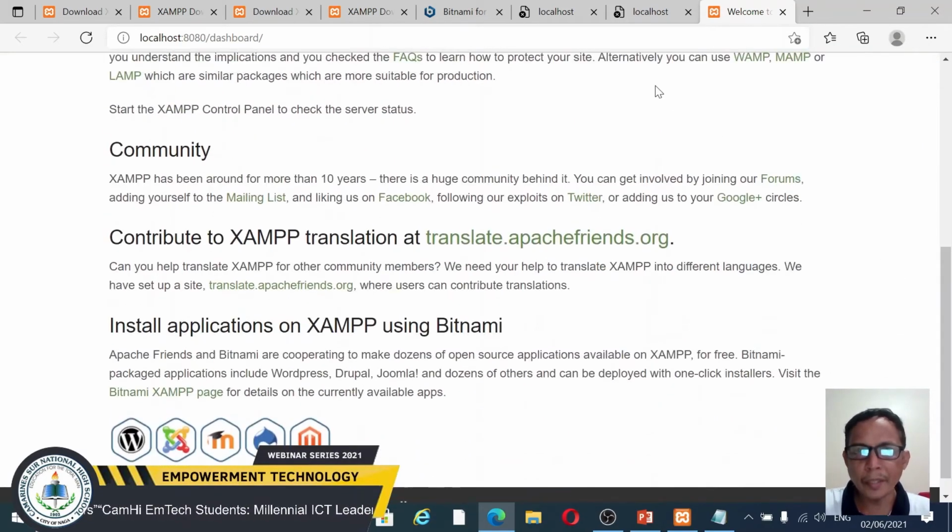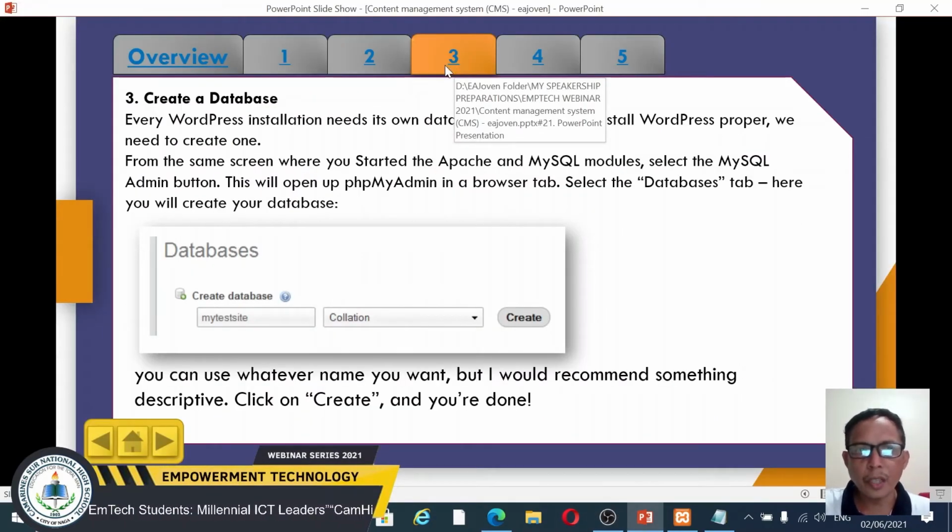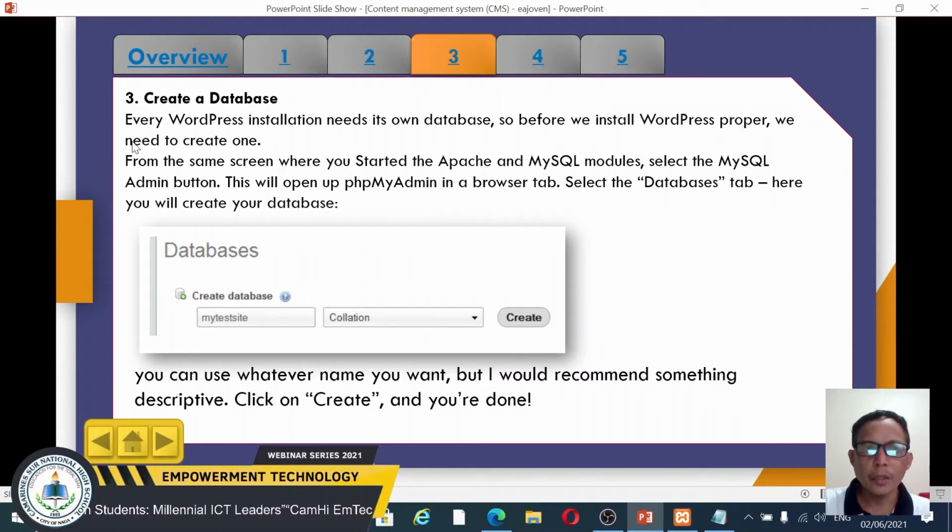What will be next? The third step is to create a database. Every WordPress installation needs its own database, so before we install WordPress proper, we need to create one.